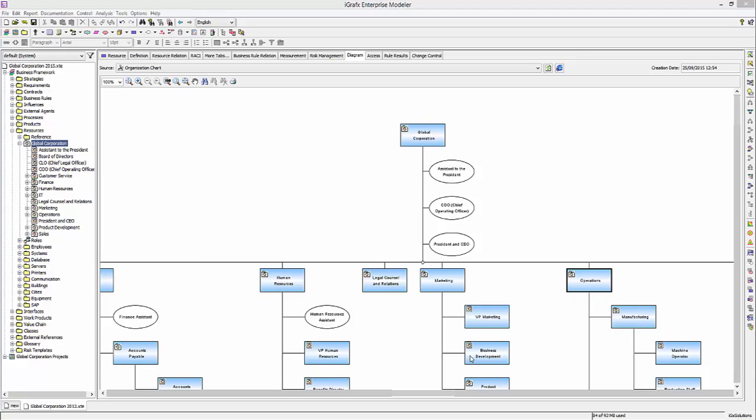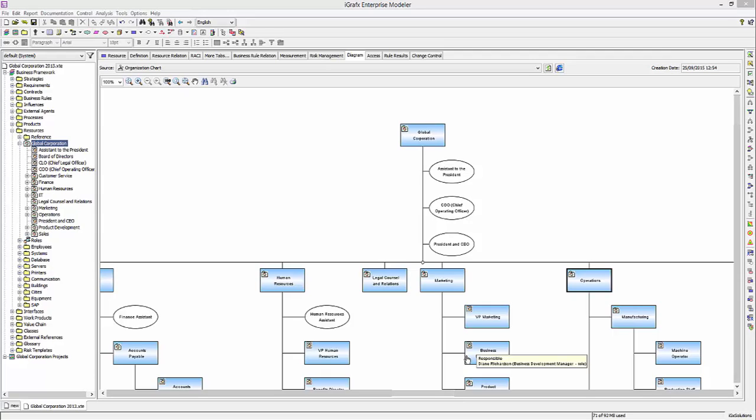Hi, this is just a very quick example of how to use iGraphics Enterprise Modeler for tracking organizational change using dynamic reporting. So iGraphics, the Enterprise Modeler, is a different concept to using the traditional iGraphics process document clients. It uses a notion of objects and object relationships to create and give you the ability to dynamically update things